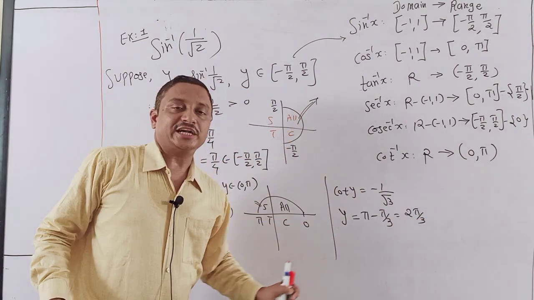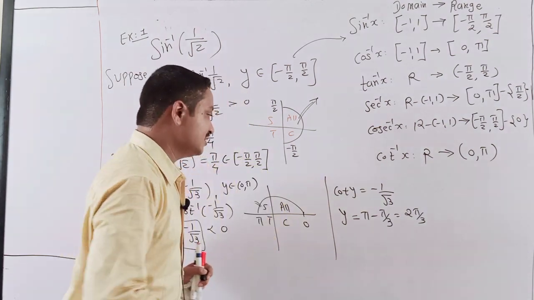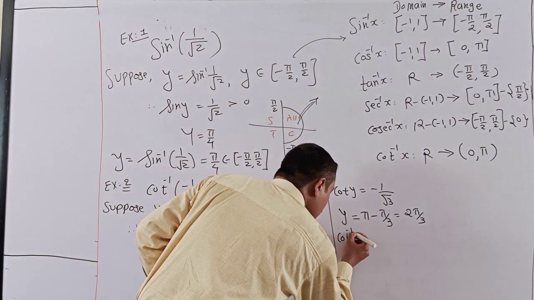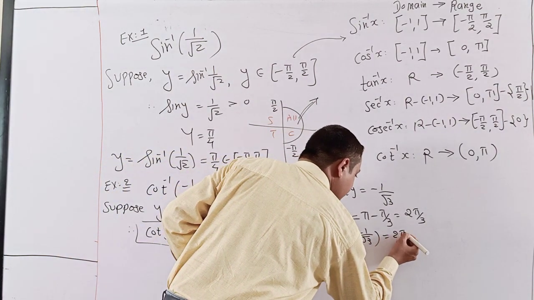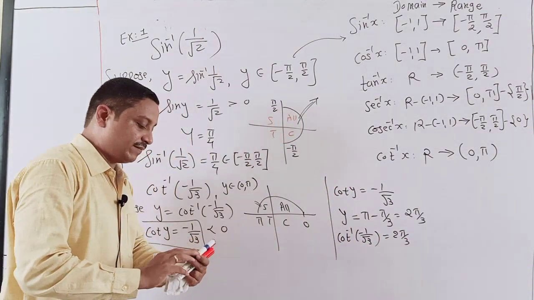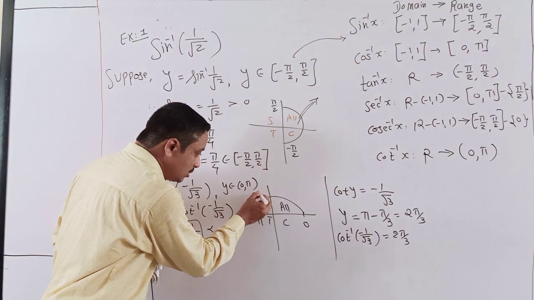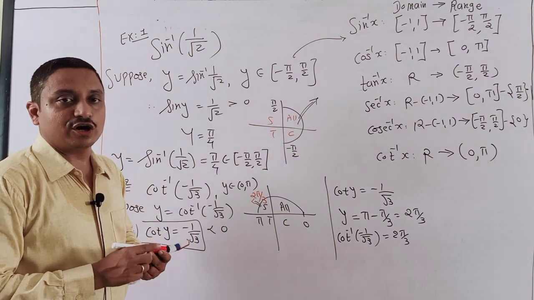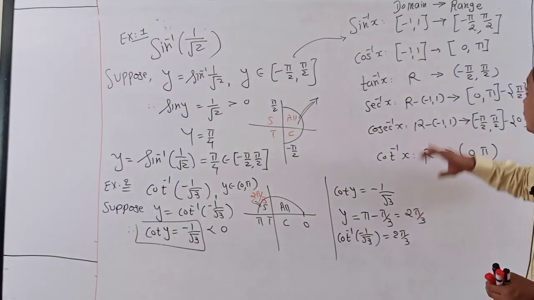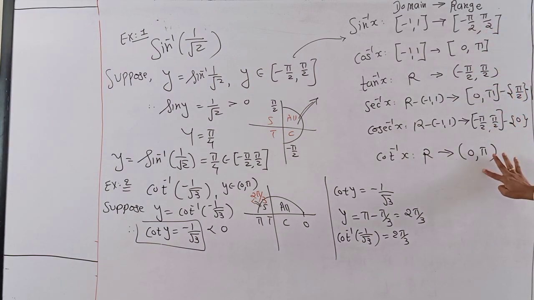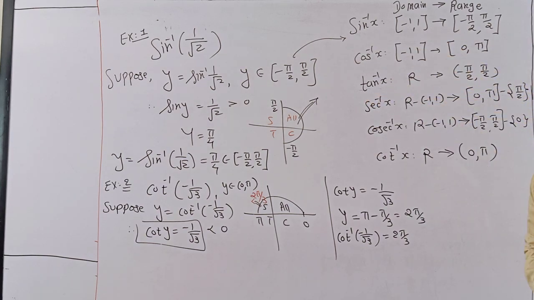You know that tan 30 is 1 by root 3. So cot 60 is also 1 by root 3. So finally my answer is done. Cot inverse of minus 1 by root 3 is equal to 2 pi by 3. It means how many degrees? It is 120 degrees. Students, here 120 degrees, 2 pi by 3 is your final answer. Now students, one more time, repeat: your answer must belong to this range, necessary for every type of question in this chapter.